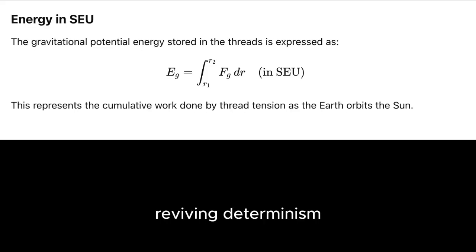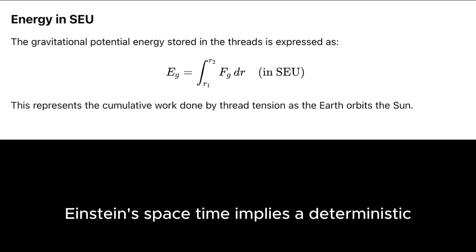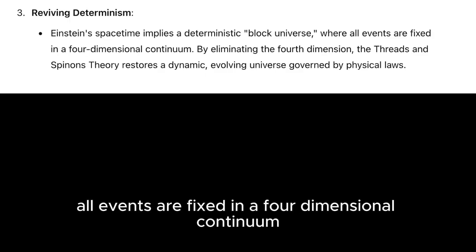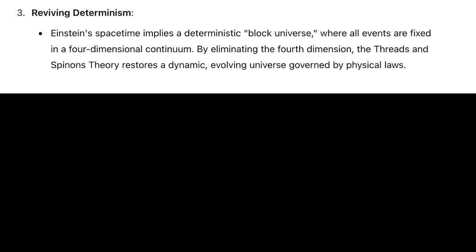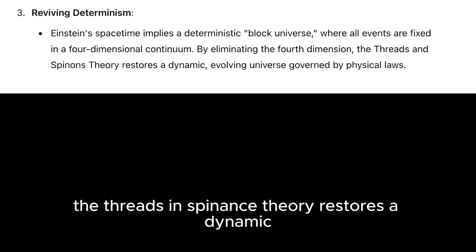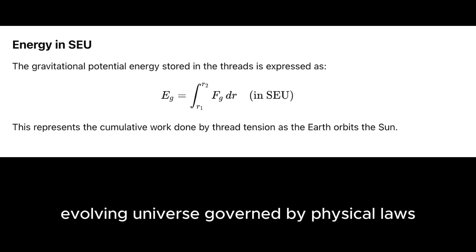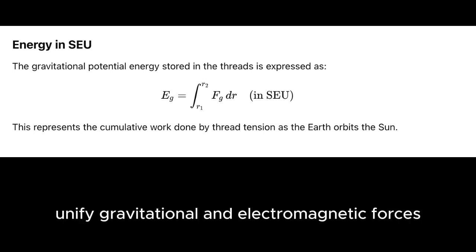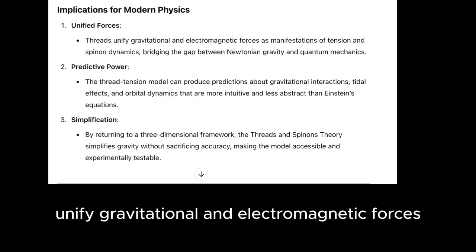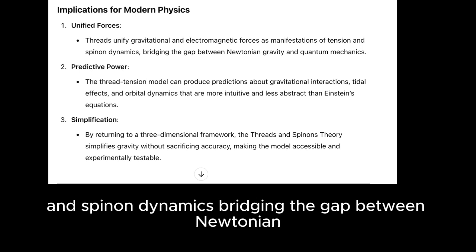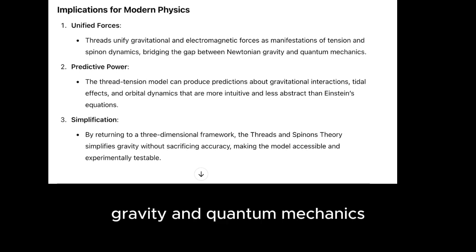Reviving determinism. Einstein's spacetime implies a deterministic block universe, where all events are fixed in a four-dimensional continuum. By eliminating the fourth dimension, the Threads and Spinons theory restores a dynamic, evolving universe governed by physical laws. Implications for modern physics. Unified forces. Threads unify gravitational and electromagnetic forces as manifestations of tension and spinon dynamics, bridging the gap between Newtonian gravity and